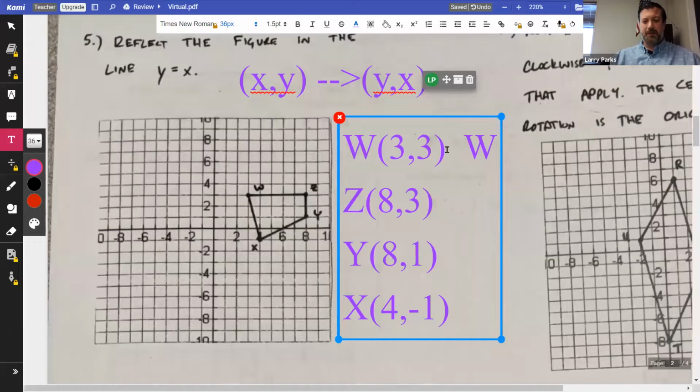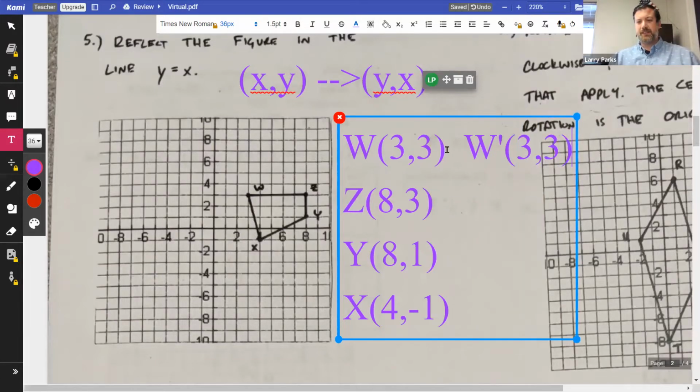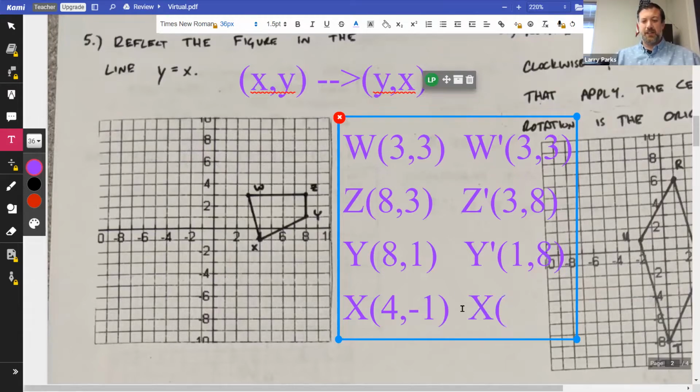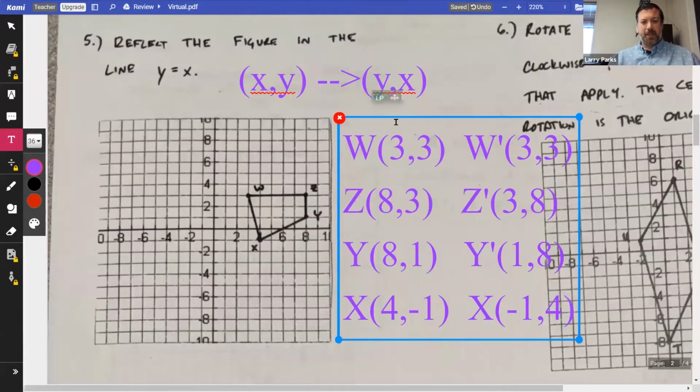the W prime, flip-flop the 3 and the 3, you still get 3, 3. Flip-flop the 8 and the 3, you get 3, 8. Flip-flop the 8 and the 1, you get 1, 8. Flip-flop the 4, negative 1, you get negative 1 and 4. So using that,